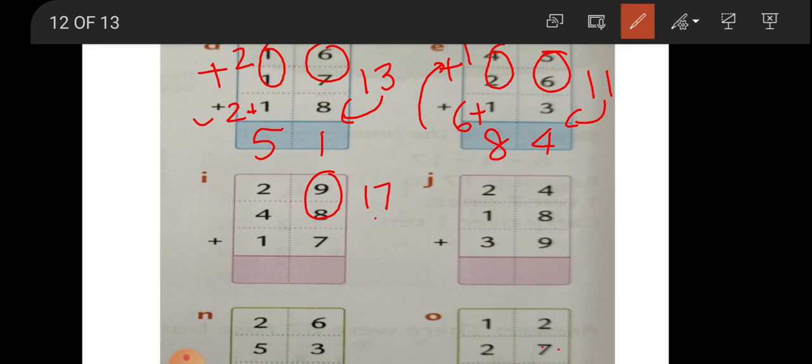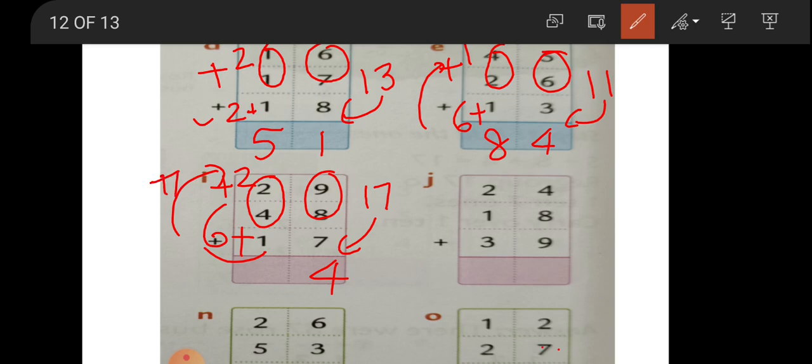So here you get 17, and 17 plus 7. 17 in mind and raise 7 fingers. Count forward from 17: 18, 19, 20, 21, 22, 23, 24. So your 24 came. So 4 will come here and 2 you will add up above. Now add 4 plus 2. 4 in mind, 2 fingers up, forward counting after 4: 5, 6. 6 came, beta. Add 1 to this 6, it becomes 7. Now add 2 to this 7: 8, 9. This becomes 94.